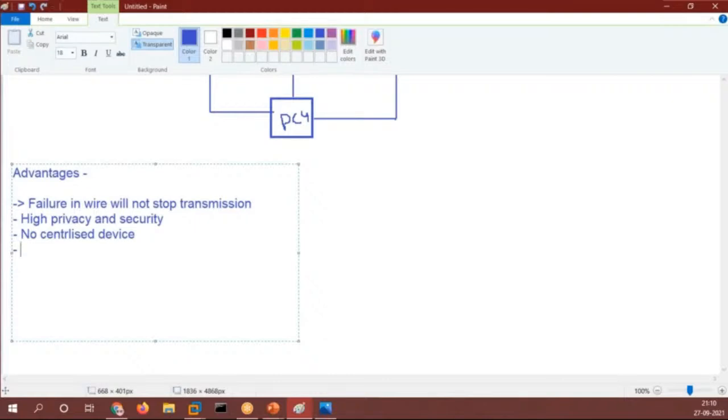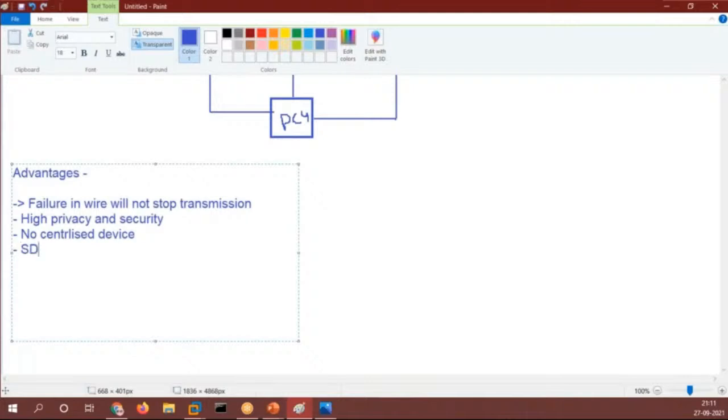Now is fault identification straightforward or not? Yes or no, guys? If I want to identify the fault, is fault identification easy or not? It's straightforward, right?